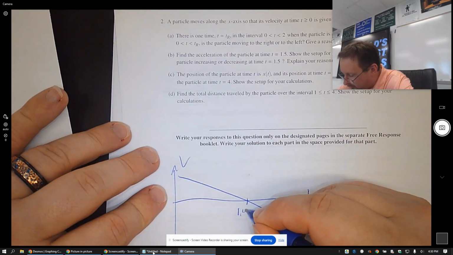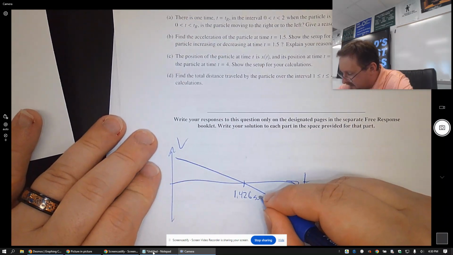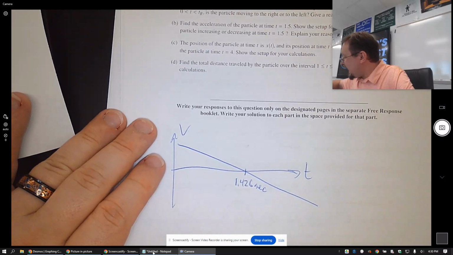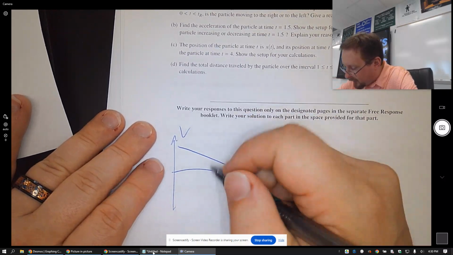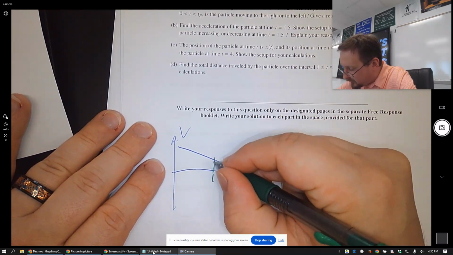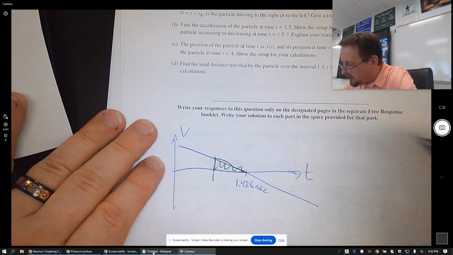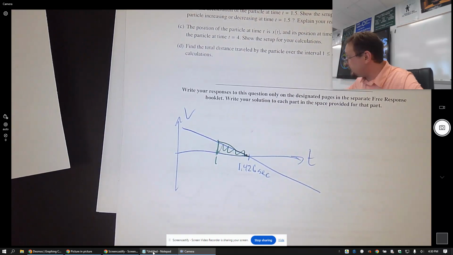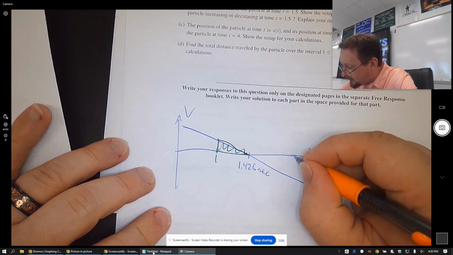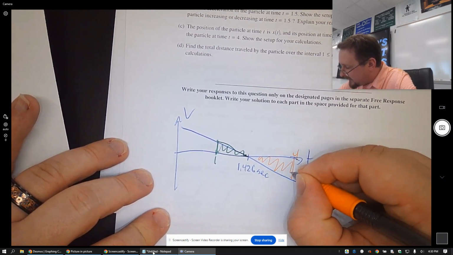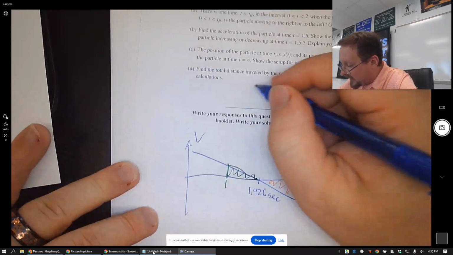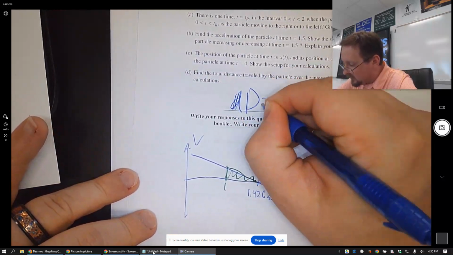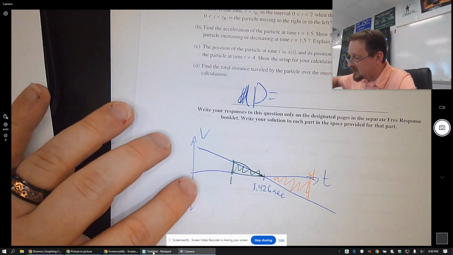So this is 1.426 seconds. So what you're going to get is from 1 to 1.426, you're going to get a positive area. That's going to be a positive distance. But then from there to 4, you're going to get a negative area. So I'm going to say that distance, capital D, lowercase d is for differential operators, is going to be the